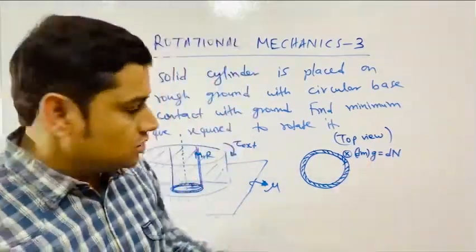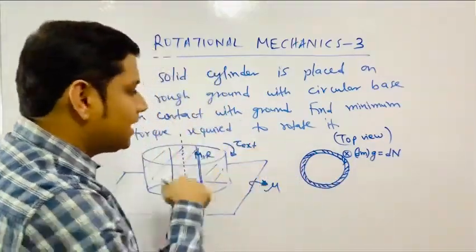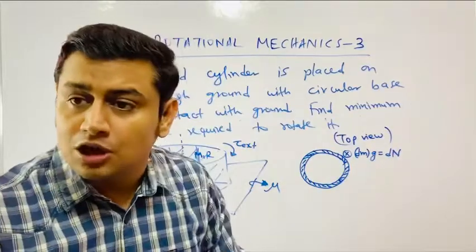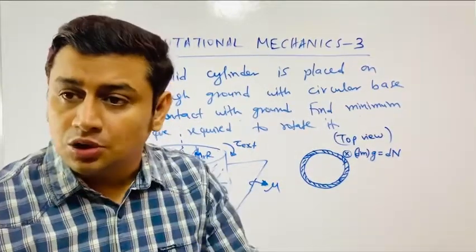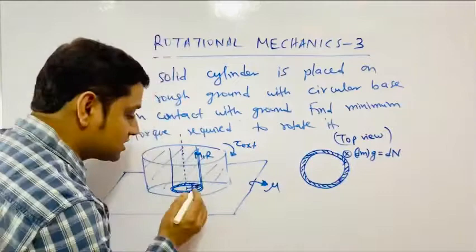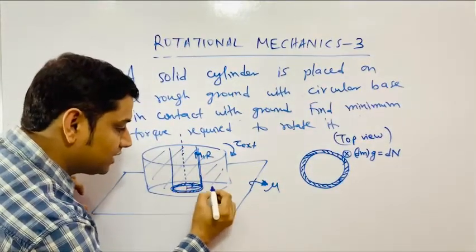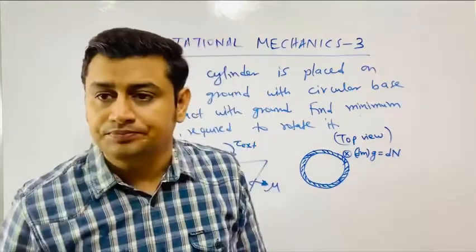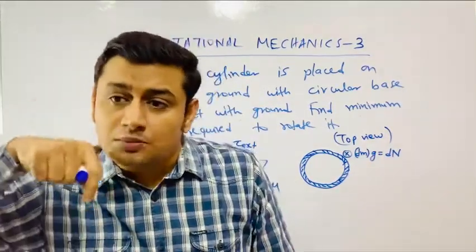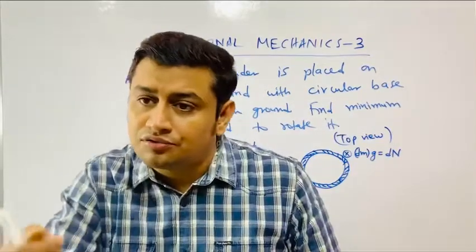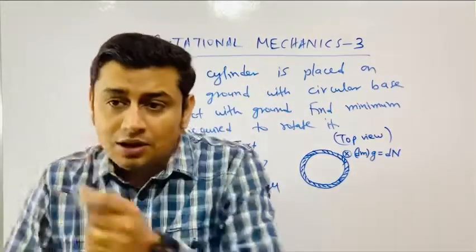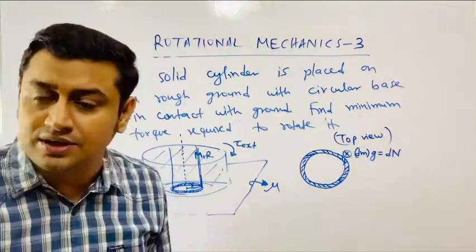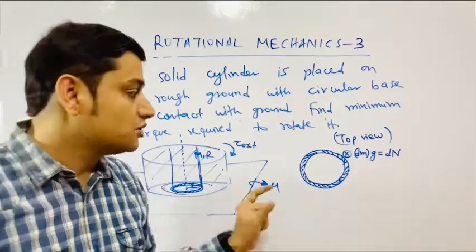Yes, sir. So here the total mass is m, but here the mass is not the total mass m. Here there is a certain part of the mass, because the normal varies from ring to ring. The normal is different for different rings. The normal acting on this ring and the normal acting on the next ring of the same thickness dr is not the same. Second, because the normal is different, the limiting value of friction is different, and because the distance from the axis is also different, the torque is also different. So here you have to integrate the torque.